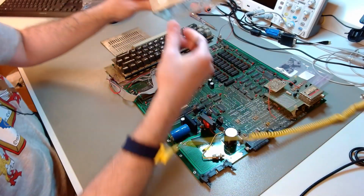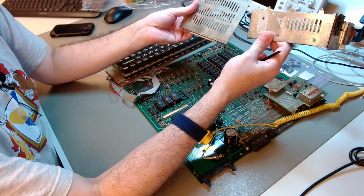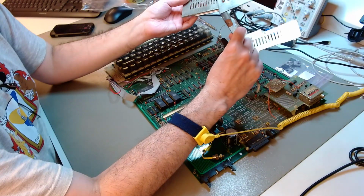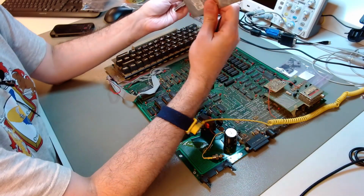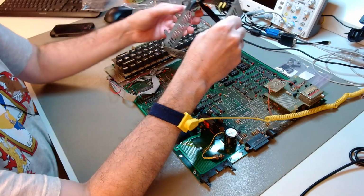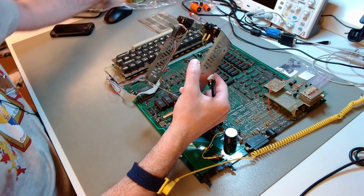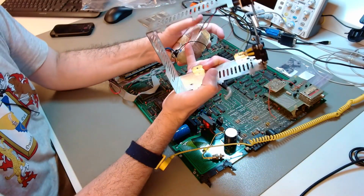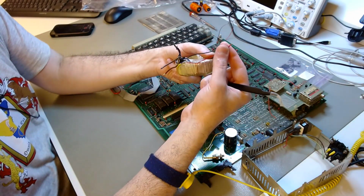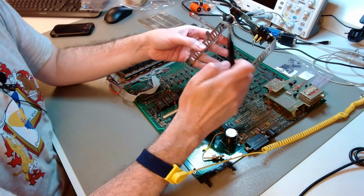I will restore the shield. I will deal with the corrosion, and I will respray it with heat-resistant silver paint. I will redo these connections, and that's the reason I cut these 2 wires, to make it easier to disassemble. These 2 wires come here from the transformer. I left plenty enough here to remake the connection, but I cut them, and I will cut these 2 as well,